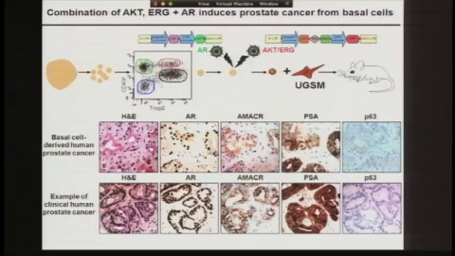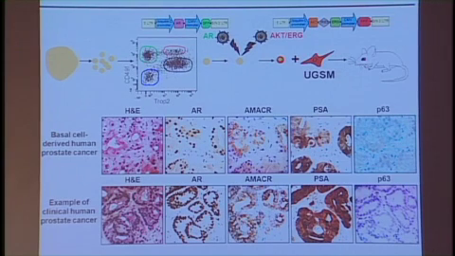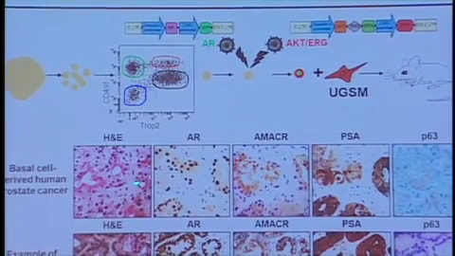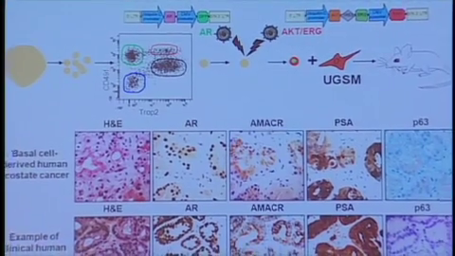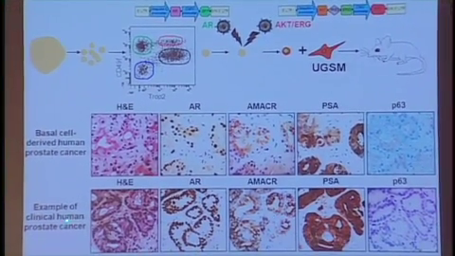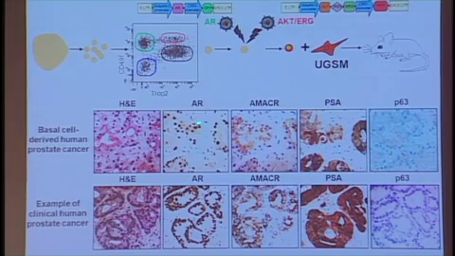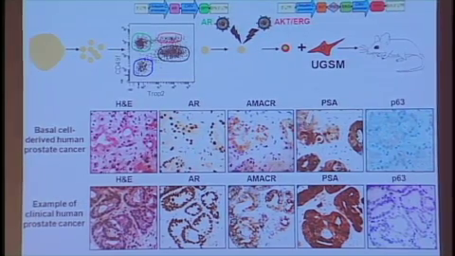And to do that, we made a 3-gene combination. In this case, the same virus that had the AKT and ERG, but now adding another gene that has androgen receptor, because in every case we've tried, higher levels of androgen receptor are correlated with an enhanced progression of the phenotype. And this result is extremely pleasing to us because we can take those basal-derived human naive epithelial cells, add this combination of genes, and drive out lesions which are indistinguishable to our sets of pathologists from those found in natural clinical human prostate cancer, including expression of PSA, this AMACR, AR, and a low level of P63.